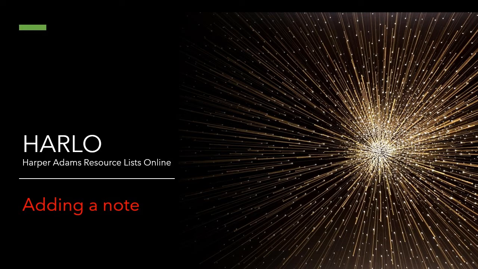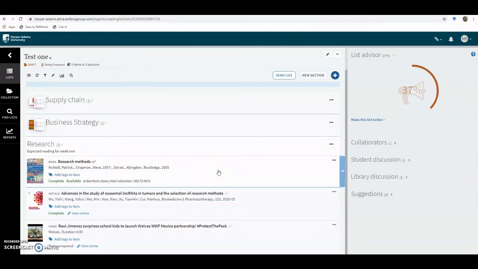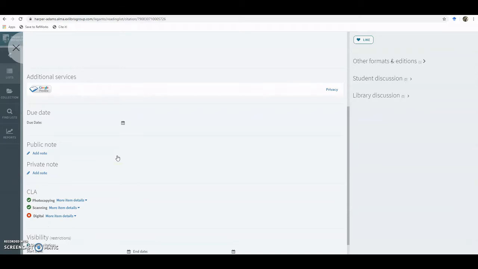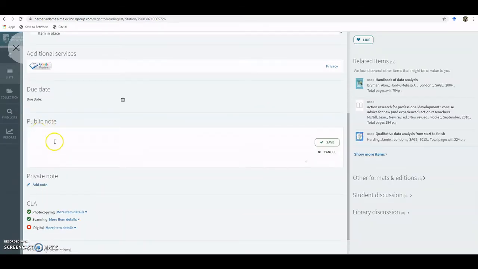Okay, I'm just going to show you how to add a note now. You can add a note to individual items. This is useful if you want to say to students to read a certain chapter of a book, or watch a video for a certain time. So if you just click into the title of the resource, you'll see, if you scroll down, you have add public note. You click on there,